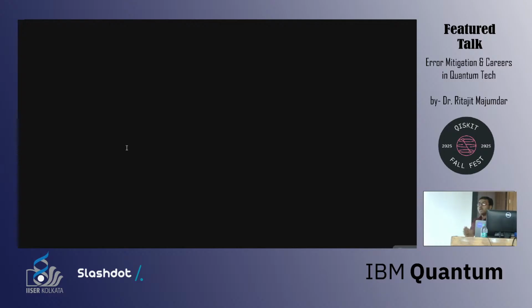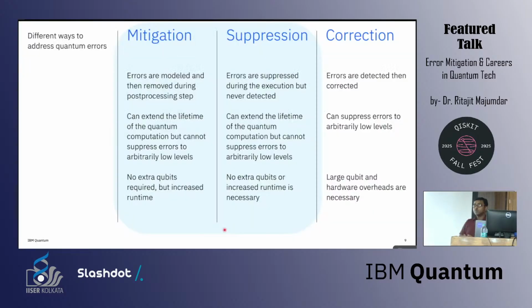So how do we address this noise? Of course, this is the final goal that we want to achieve, and in our roadmap, we have that happening first in 2029, and by 2033 we will have a pretty big error-corrected fault-tolerant quantum computer. The first one will come in 2029. That is of course the final thing to reach, where errors can be detected as they happen and I'll be able to correct them.